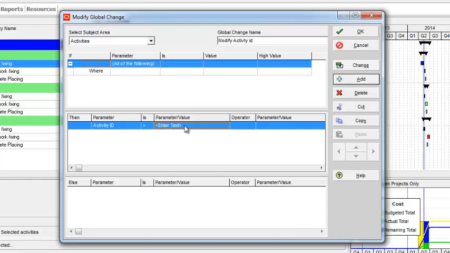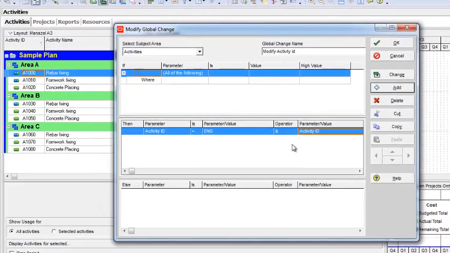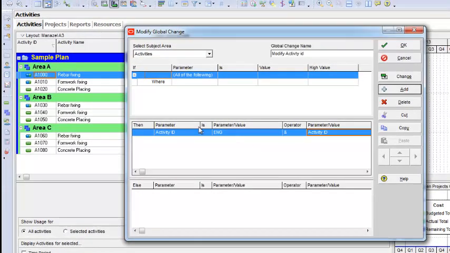For example, I want to add "eng" in all my activities. In the activity ID, I want to replace it with "eng" before all the activity IDs. Now I will